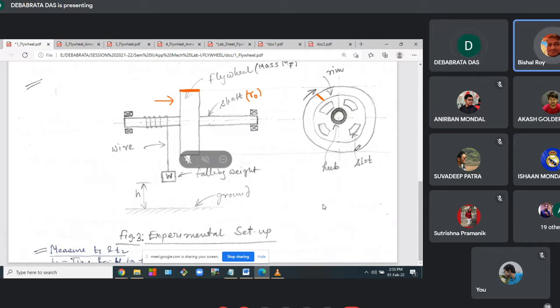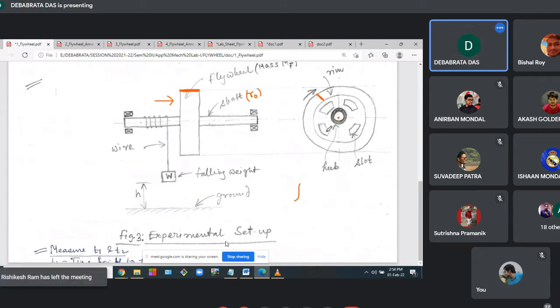The more mass is distributed away from the rotation axis, the greater the moment of inertia I will be. So effectively, the mass is redistributed and is further away from the axis of rotation. That is why it will have a very high value of I. Now, if you redistribute this mass to areas nearer to the axis of rotation, this I will not increase to that extent, because they are nearer to the axis. Clear?